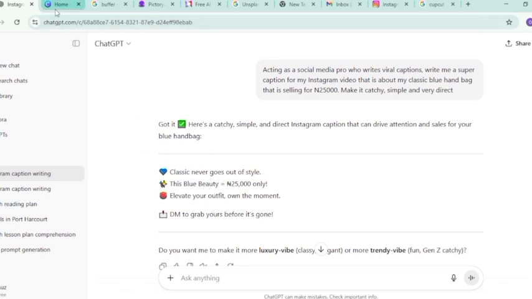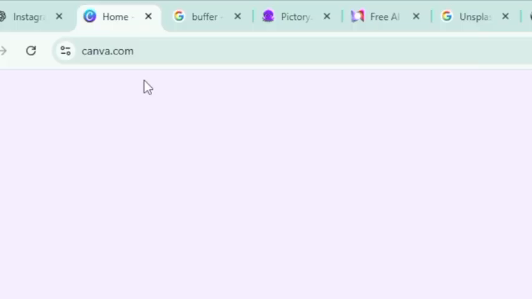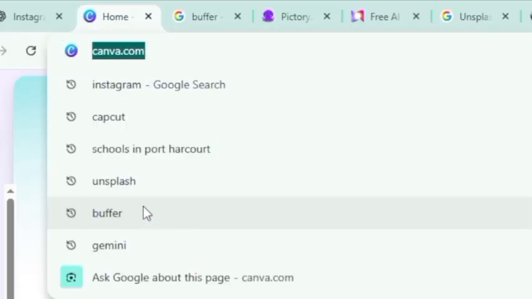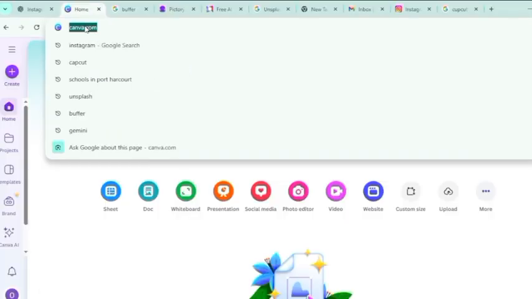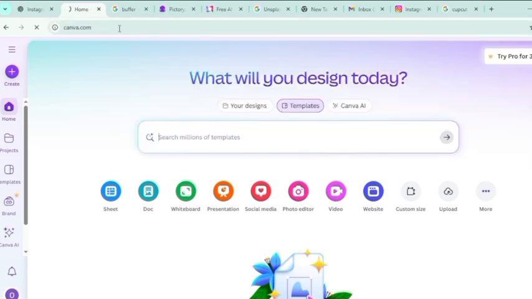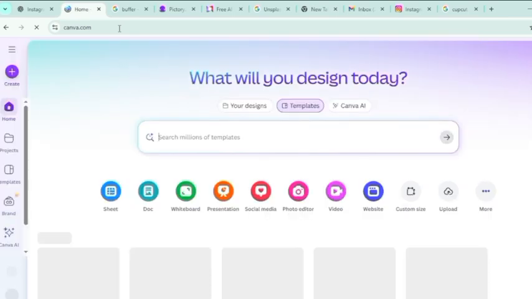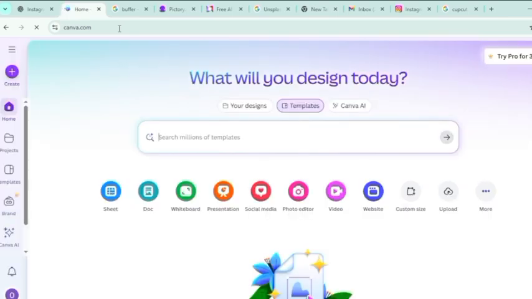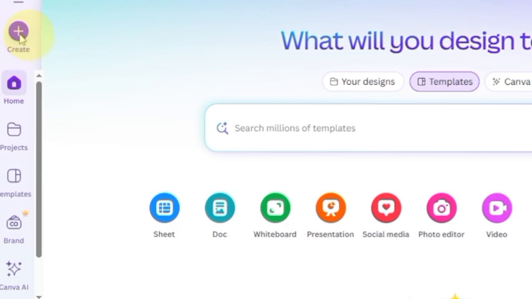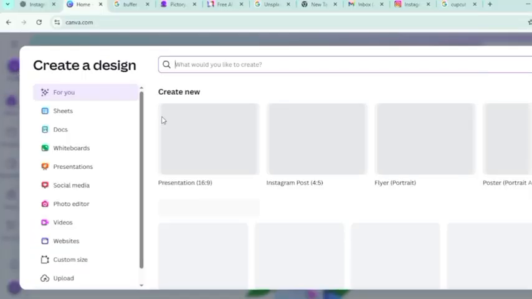So now let's go to what is called Canva. So canva.com, you also need to sign up. You sign up on canva.com. Now when you sign up, if you already have Canva, you sign in. Canva is very easy to use, and anybody can use it. And Canva also has almost everything free, free templates, but you can also use the paid version. So on Canva, you can click here, create, to create whatever you want to use.